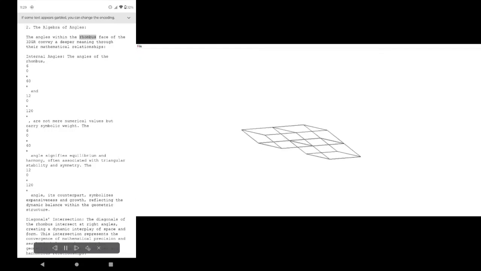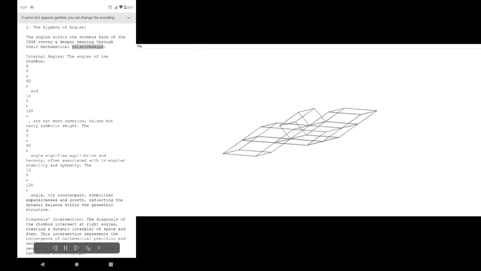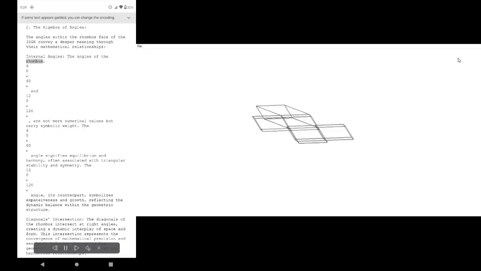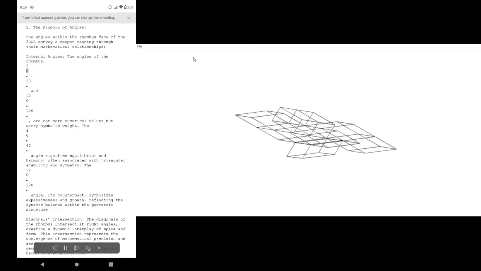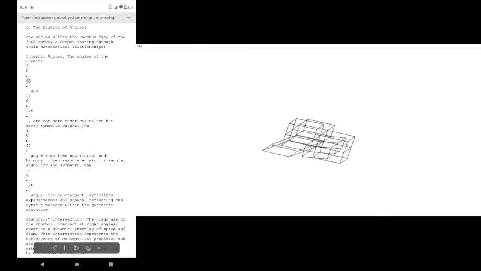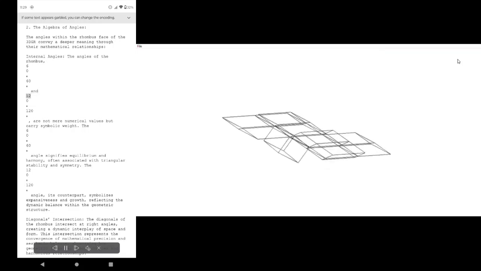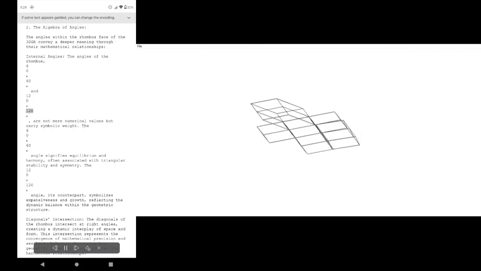The angles within the rhombus face of the 3D jar convey a deeper meaning through their mathematical relationships. Internal angles, the angles of the rhombus, 60 and 120,